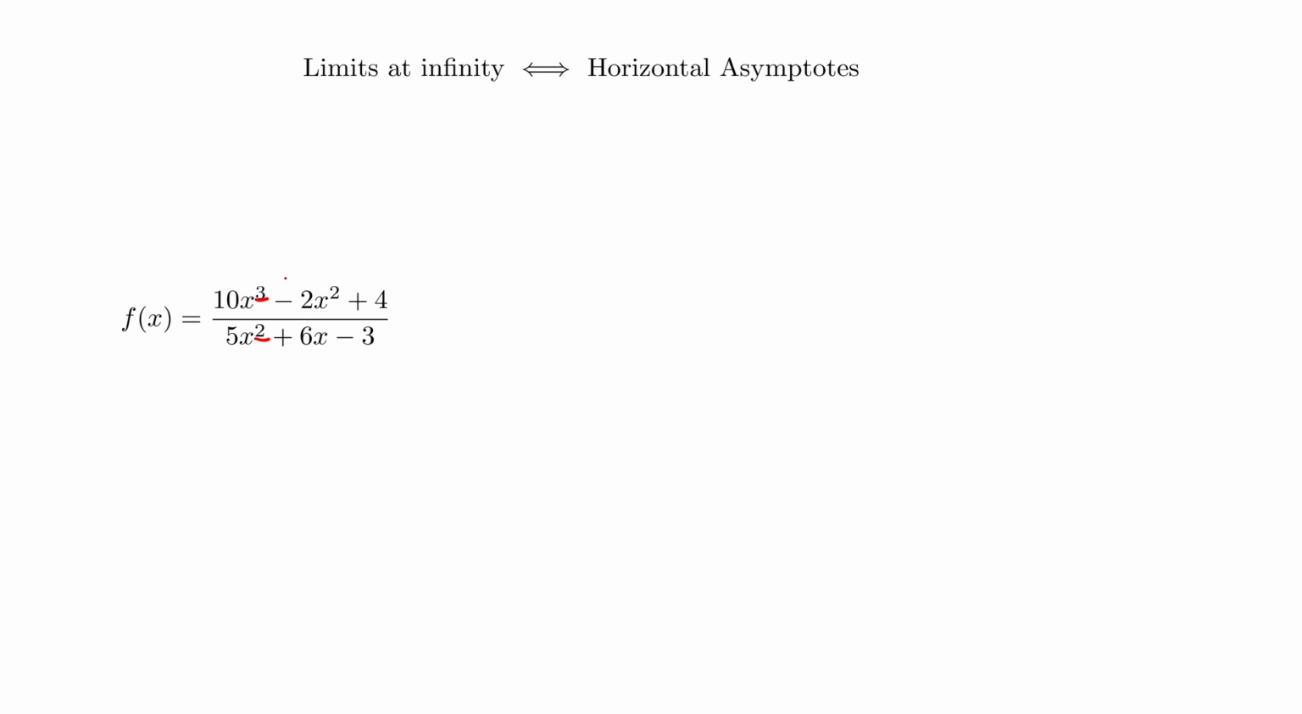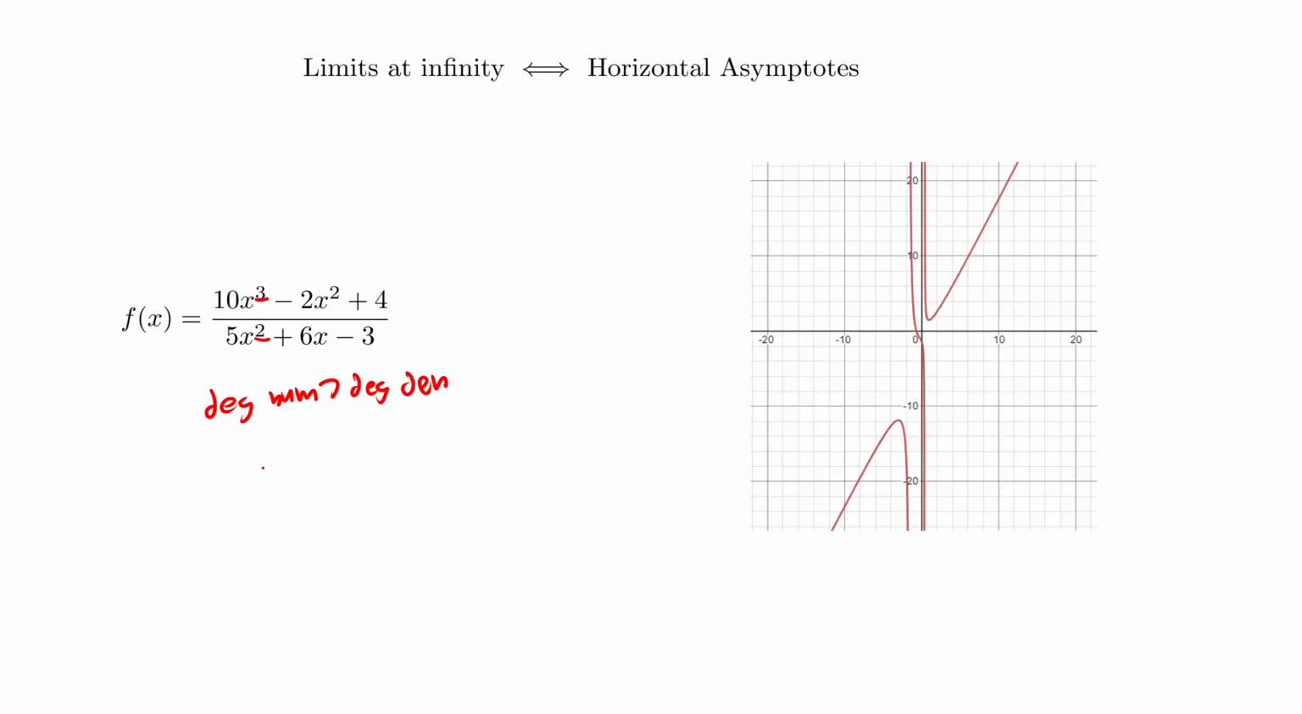And the general rule was, if the degree of the numerator is larger than the degree of the denominator, there is no horizontal asymptote. It actually turns out that we have a slant asymptote here, which occurs because the degree of the numerator is 1 more than the degree of the denominator. But for purposes of this class, we're not going to worry too much about slant asymptotes